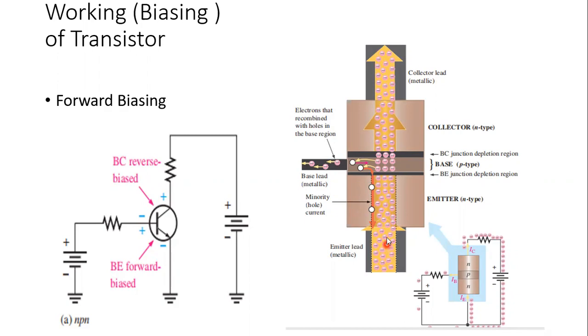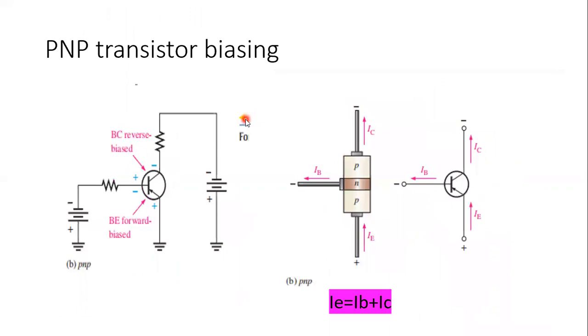So when it moves in the upstream direction, the majority current flows from base to collector. So in this way, your current flows in the external circuit, which is referred as a collector current. This is the working of your transistor. Next, PNP transistor. In the similar way, your PNP transistor is conducting. For PNP transistor, base to emitter junction is forward bias, base to collector junction is reverse bias.